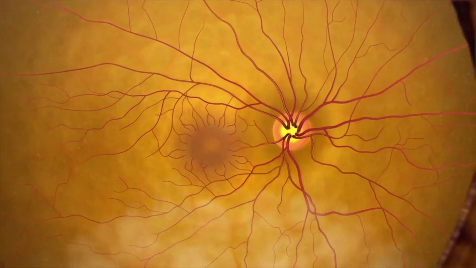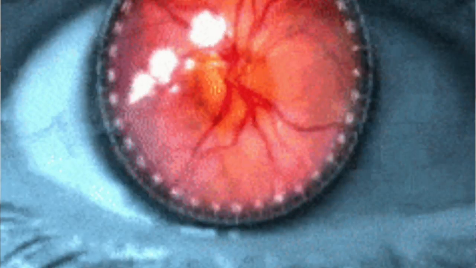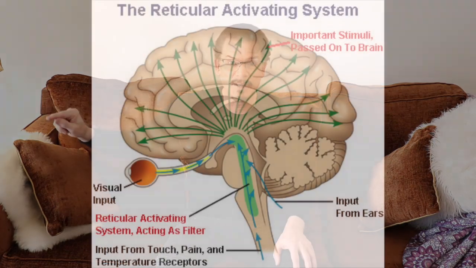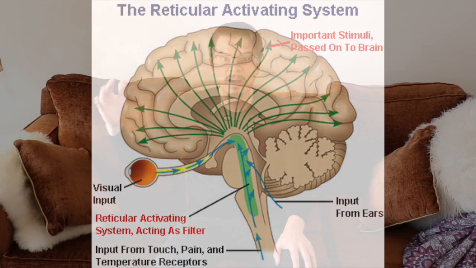You know what your retina is. It's the back of the eye that receives the light and then sends it through the optic nerve into the brain. So retina comes from the vulgar Latin tunica retina, literally net-like tunic, on the resemblance to the network of blood vessels at the back of the eye, and ultimately from Latin rete, meaning net. So the retina is a net of blood vessels which sends the signal through the optic nerve to the reticular activating system, which is a net of neurons.